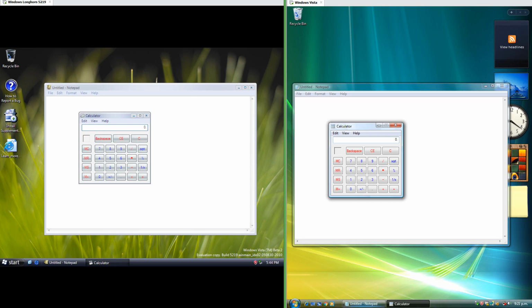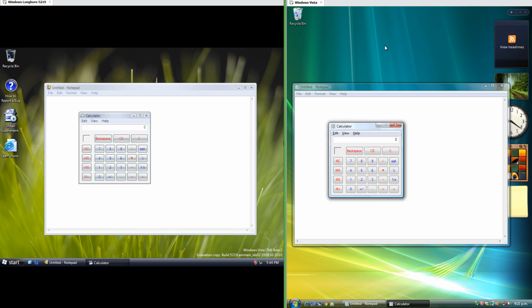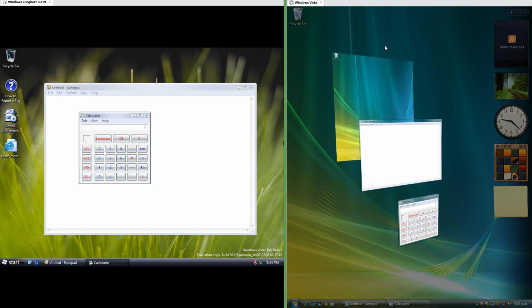In Vista RTM when you hold the mouse over running programs on the taskbar it shows a thumbnail of the running program. In Vista Beta it just shows the name. In Vista Beta the Alt plus Tab switcher has icons and the name of the selected program at the bottom. In Vista RTM the Alt plus Tab switcher has thumbnails and the name of the selected program at the top.